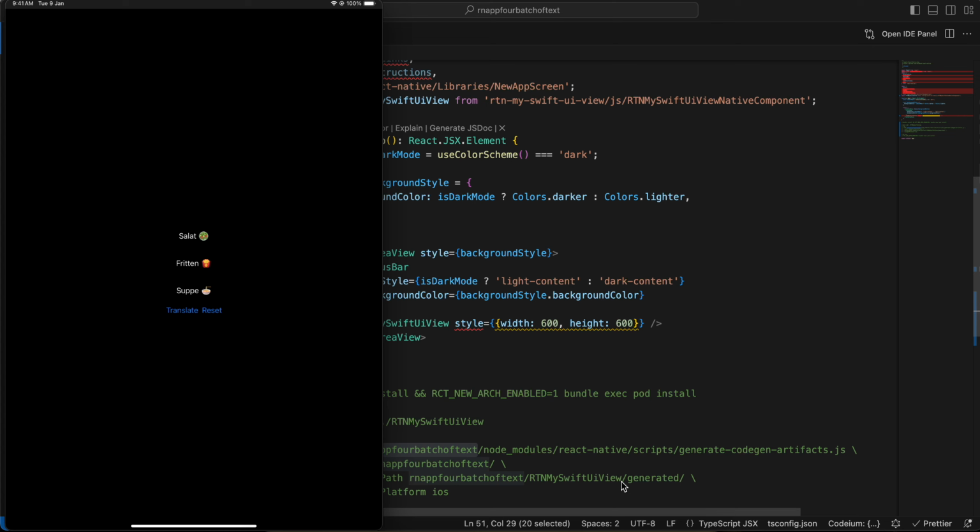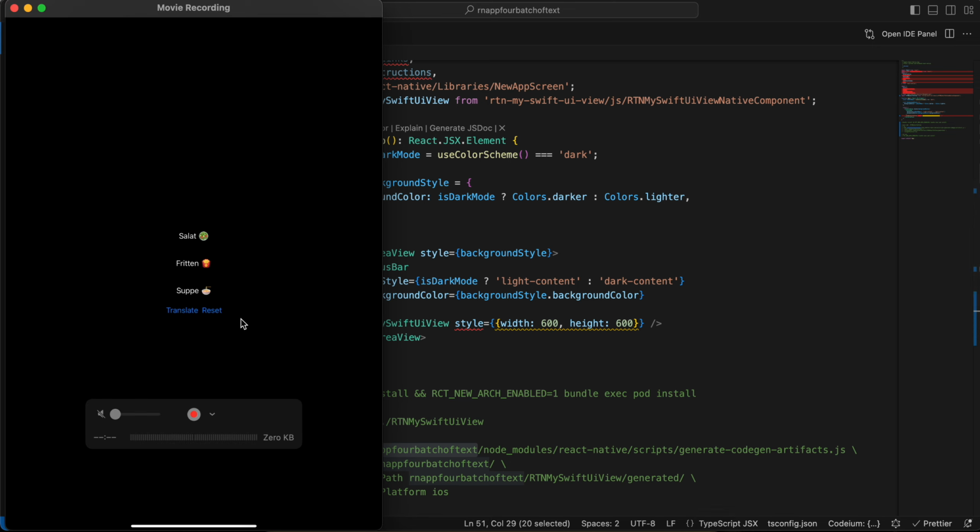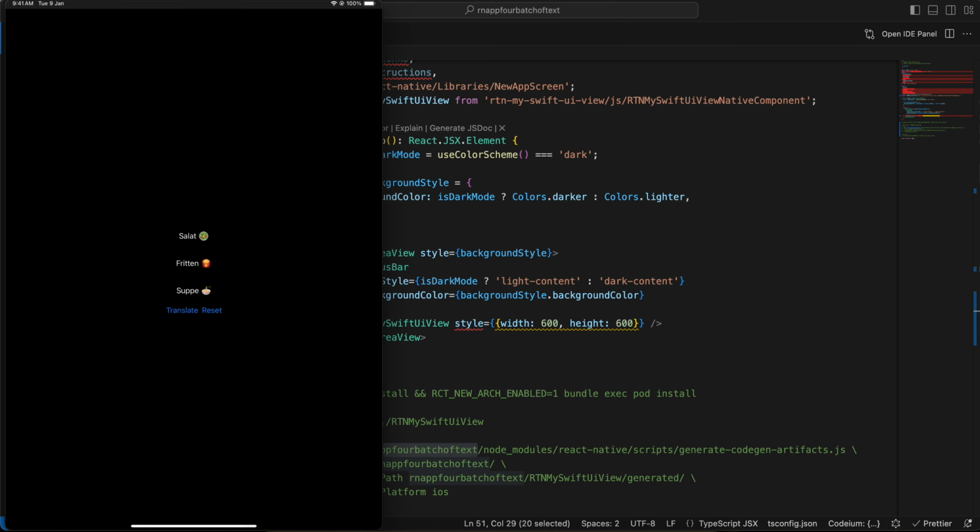In this video I will show you how to use the iOS 18 translation API to translate a batch of text from one language to another language. So here, as you can see, I have some text, and I think it is in German, and if I click on translate,